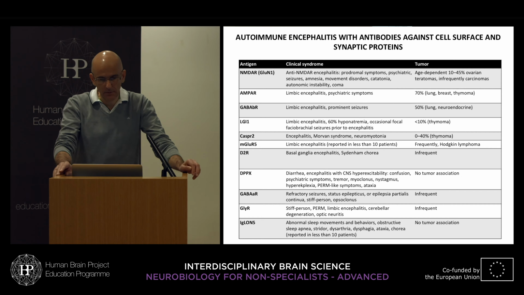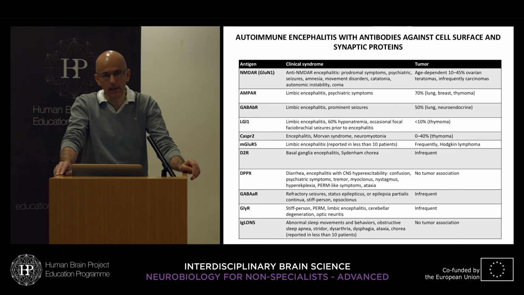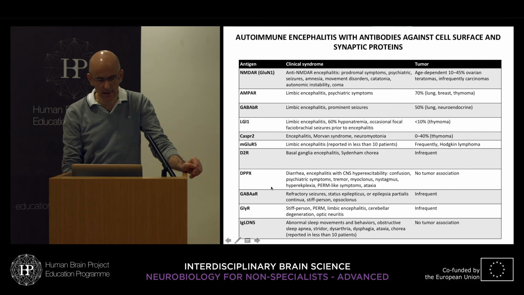Having this said, I will conclude the chapter on demyelinating diseases and finally come to autoimmune encephalitis with antibodies against cell surface and synaptic proteins. This is a disease entity which became more prominent the past few years due to the fact that every year 1 or 2 new autoantibodies are described in the nervous system. And you see here a list of the most prominent or the most frequently seen diseases and autoantibodies, the most